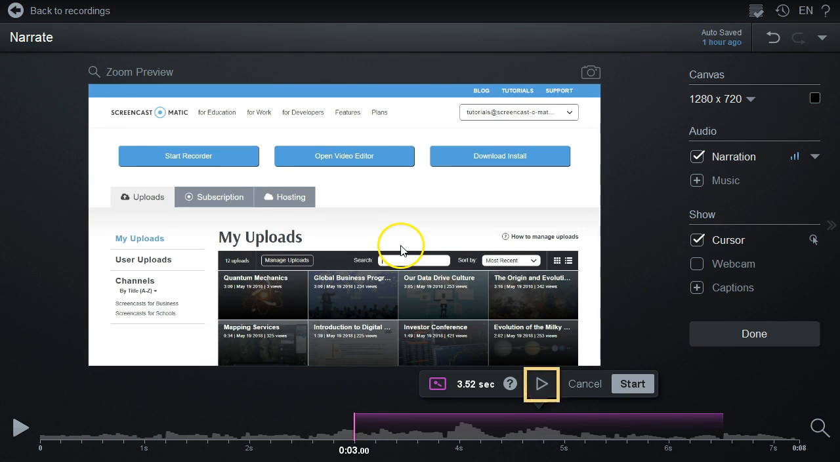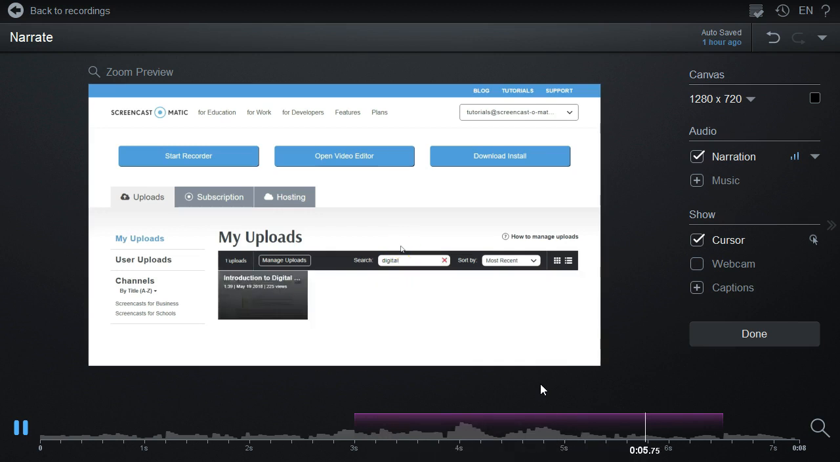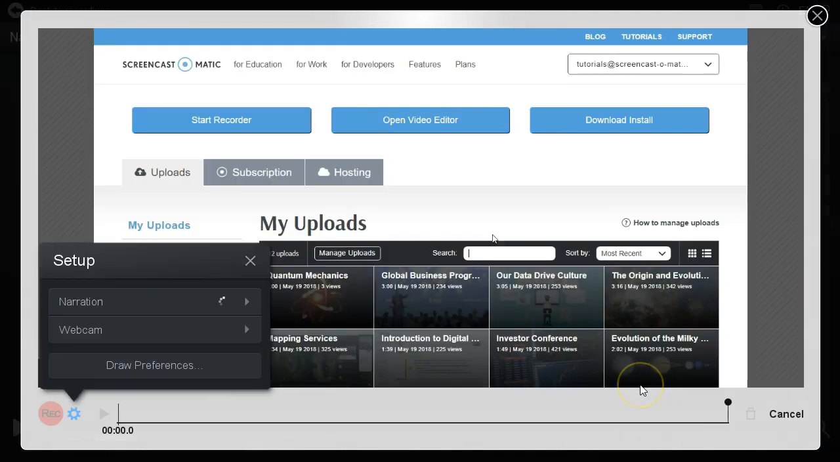If you want to preview the area you selected, press the Preview button. It will go right before the section, then play through, replacing the narration with silence and stopping shortly after the section. Once you are positioned in the right spot, click the Start button, and you'll see a screen like this,